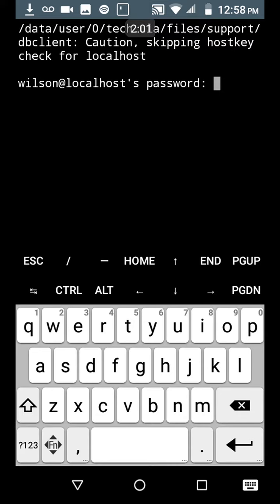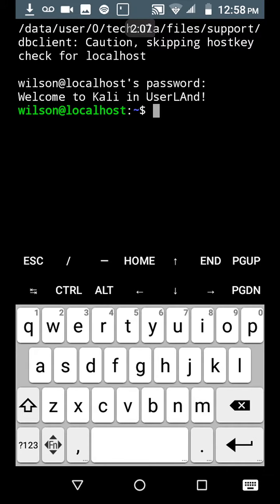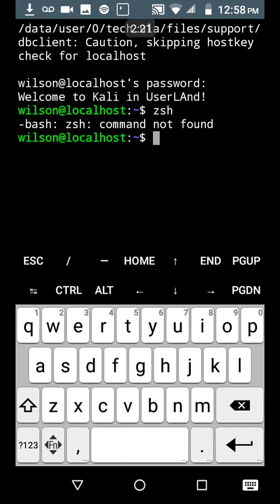But anyway, let me pause this for a second. I'm just gonna punch in my password. Okay, as you can see, I'm in. Now, if I wanted to change this prompt, that's easy. Let me just see something. Wow. Okay, so